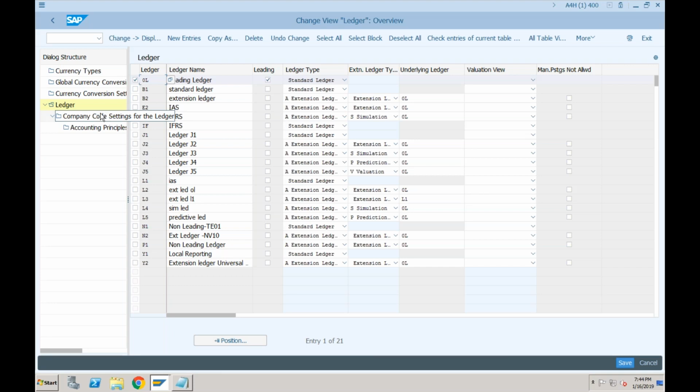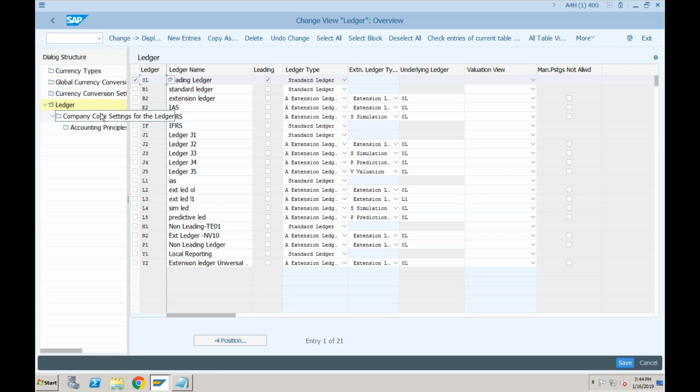See, if the leading ledger is also not active, then what is the purpose of company code, right? Any company code which you are creating in the system has to perform some accounting, and it has to follow some accounting principles, right? So at least one accounting principle is by default active for each company code. And that is the reason whenever you create a new company code, by default, leading ledger will be assigned to that company code. But apart from the leading ledger, whatever non-leading ledgers you are able to see here, those are not mandatory. Okay, those are all optional.